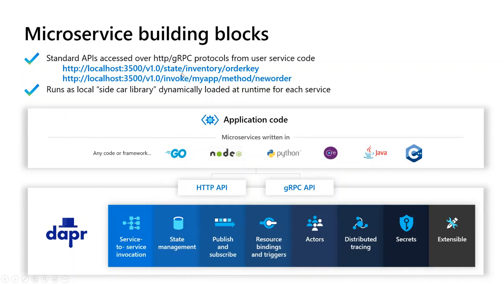So that means I want to save some key-value pair in any of the sources connected or configured with this state management. For example, in order to use this state management, I'm using Redis cache. I just have to configure that component in my application, and I can invoke this building block using this endpoint. This is localhost 3500, where my Dapr runtime is hosted, and version 1.0